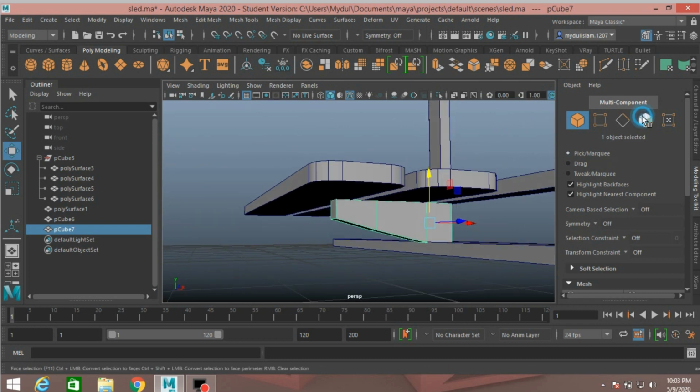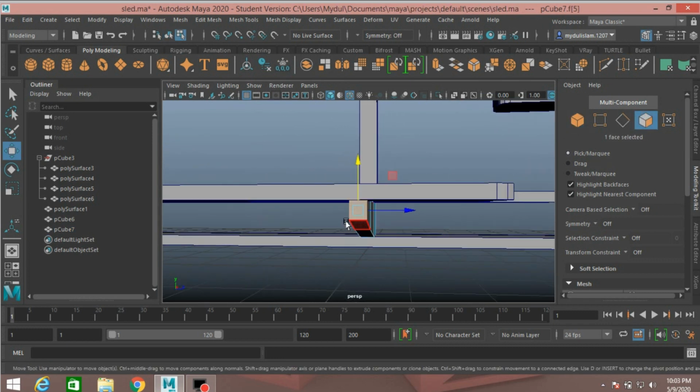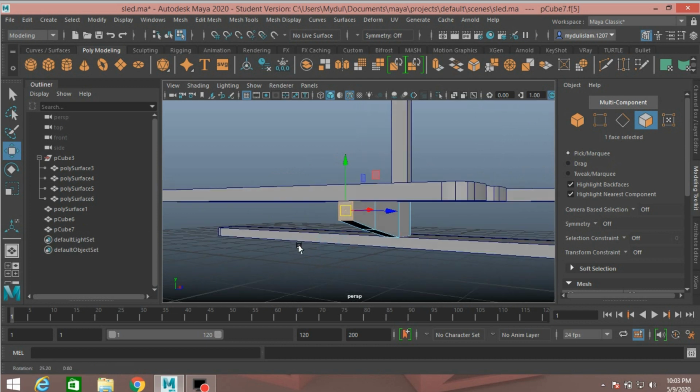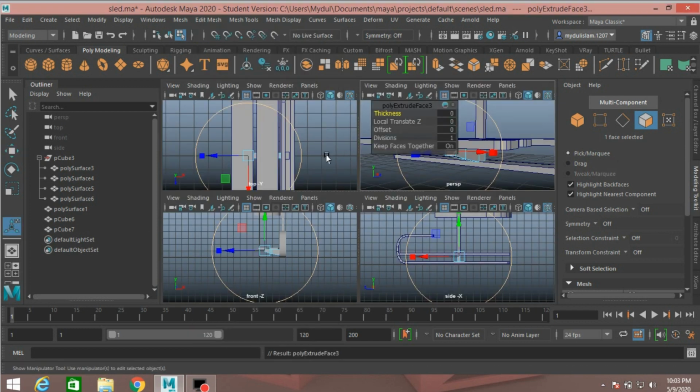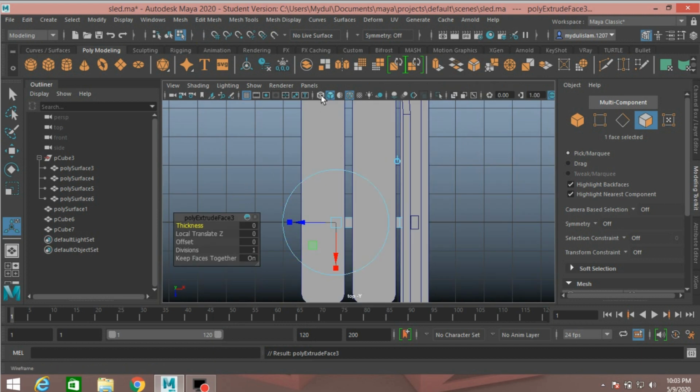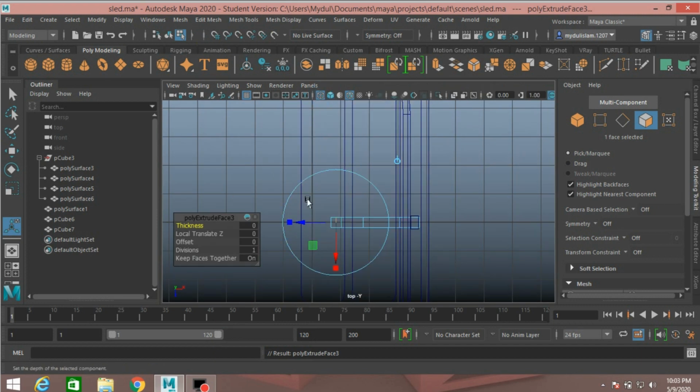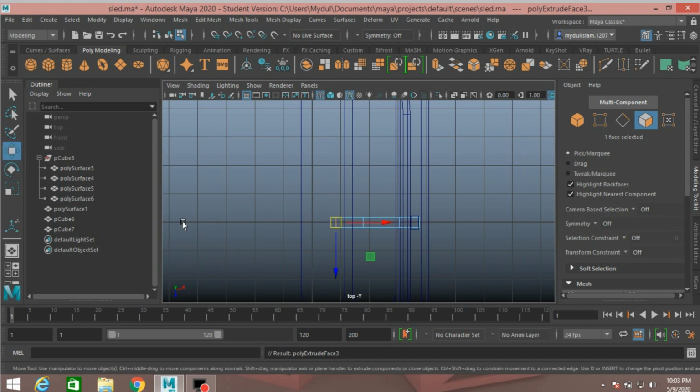Again go to face selection mode. Select this face. Go to edit mesh, click extrude. Go to top view. Turn on wireframe mode. Move tool and move it here. Just here.